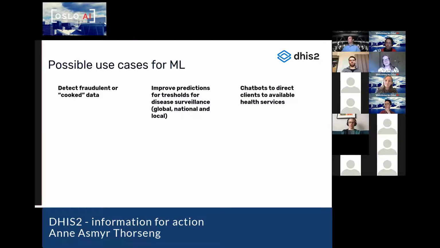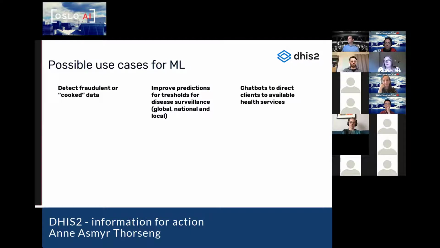So I think you could probably do interesting things with looking at data and seeing if there is, for example, too little variation in the data sets. There should be more natural variation in the data that people are registering. Often we see that the incentives for submitting data from a clinic on time are higher than submitting good quality data. So people are punished for not sending in the report, but if the report is of good quality, nobody really checks or rewards you for it. Or if people don't see the need for the data, it's easy to make something up.